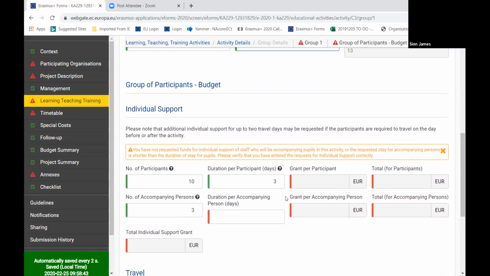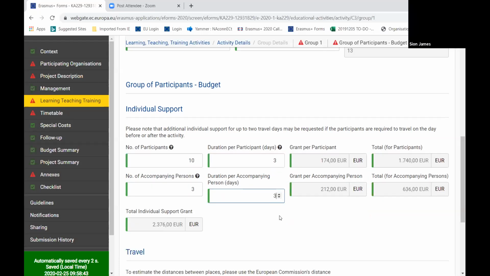We've got 3 teachers, but we haven't requested any funding for accompanying persons. So as they're going to be travelling with the children, we're going to request funding for the teachers as well for the same amount of days, which is 3. Now, if you think you might need to travel the day before the activities start or return the day after they finish,